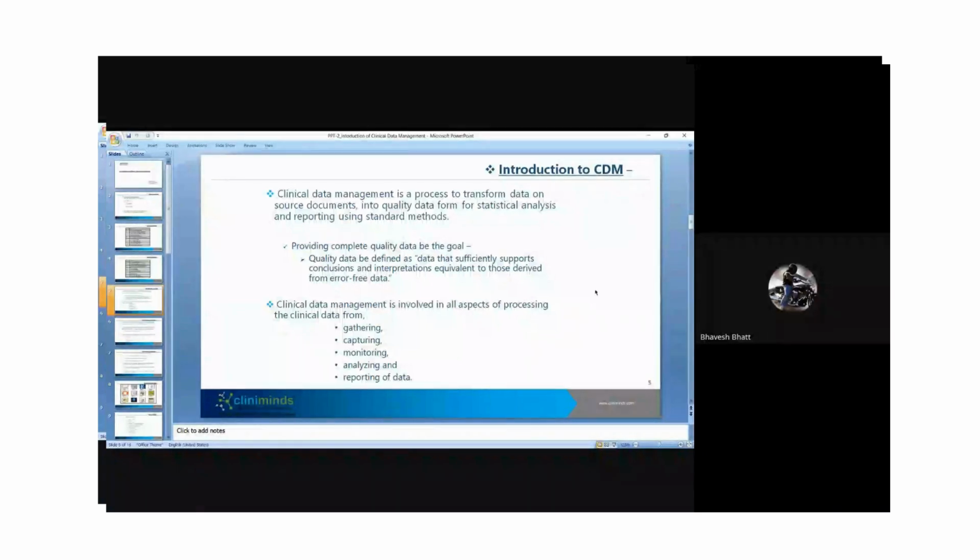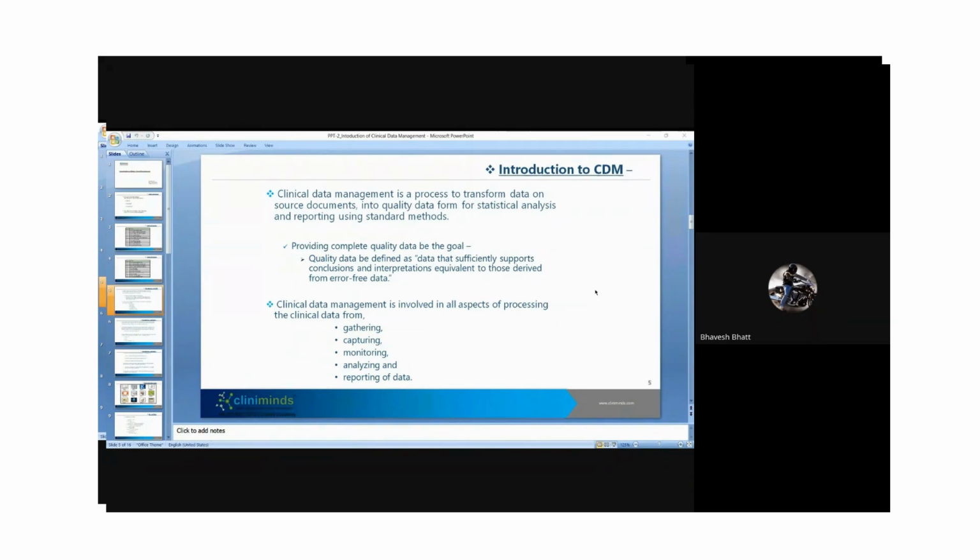So from the course, moving on to the introductory part about clinical data management. This is going to be your definition if you are asked to define what clinical data management is, right? So clinical data management is a process to transform data on source documents into quality data for the statistical analysis and reporting purposes using